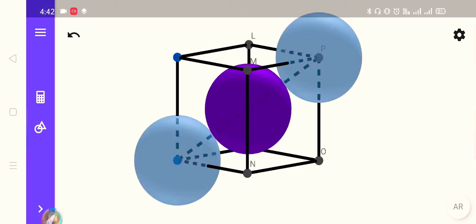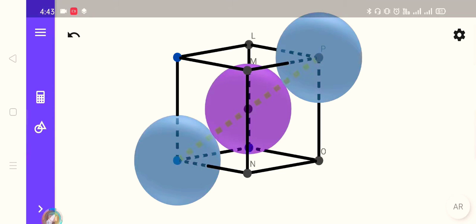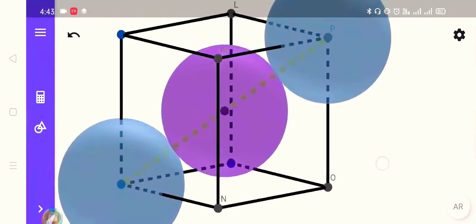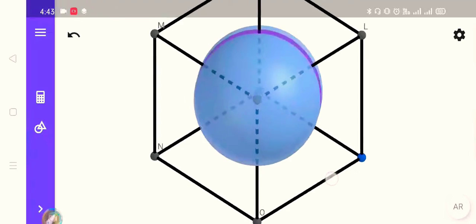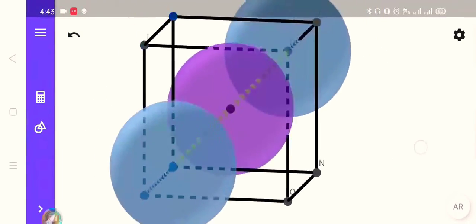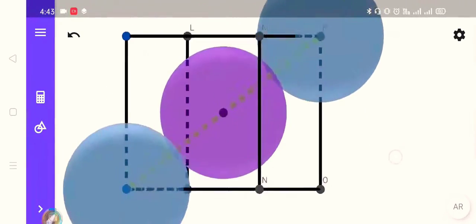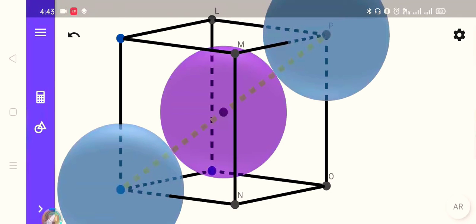As we can see, we have a body diagonal line passing through these spheres. You can see it. It has yellow color and it is passing through the spheres and our unit cell as well. Opposite corners of the unit cell are attached via this line, that means the body diagonal line. So this will be our body diagonal line C.